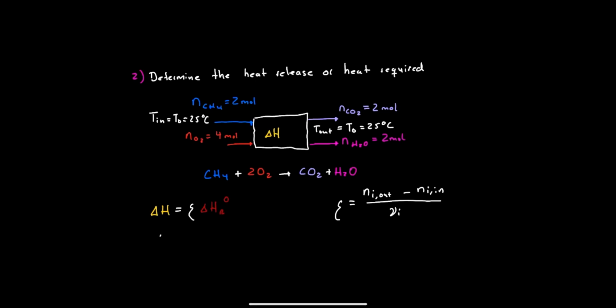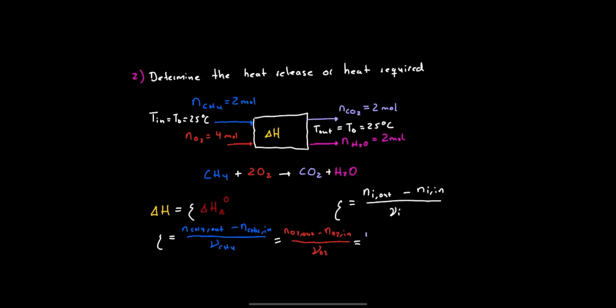So what I mean by this is, if we take a closer look at the extent of reaction, in this case, methane: the molar amount of methane leaving our system minus the molar amount of methane entering our system, divided by the stoichiometric coefficient of methane, should be equal to the molar amount of O2 leaving the system minus the molar amount of O2 entering our system, divided by the stoichiometric coefficient of O2,